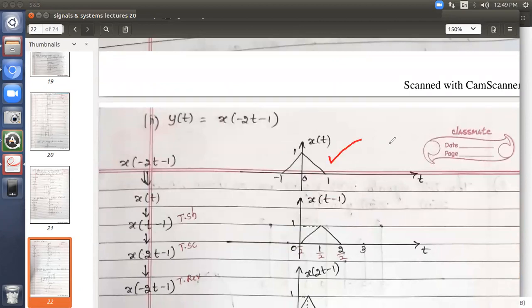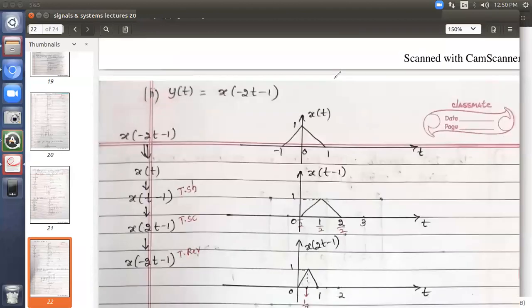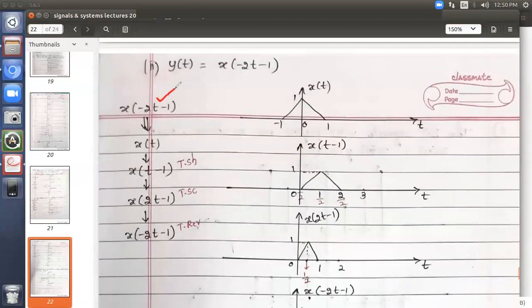This is your x of t given. I have to sketch this y of t, which is a combination of again 2 operations. There is a shifting involved. Actually 3 operations are there. If you observe it very carefully, one is shifting, the other one is scaling, and there is a negative sign outside indicating a reversal, that is reflection of the signal also. So all these 3 operations on the time are involved here. It's a very good example actually. Let me start. This is your given question.